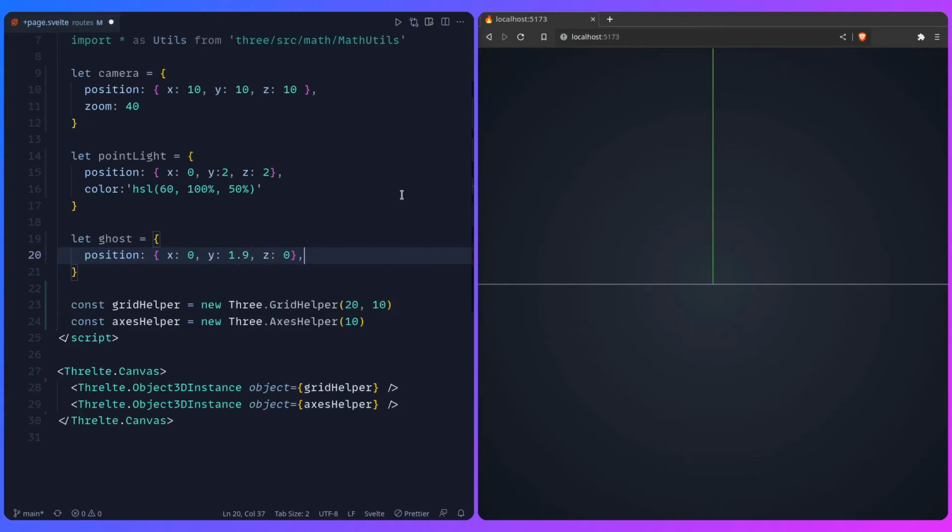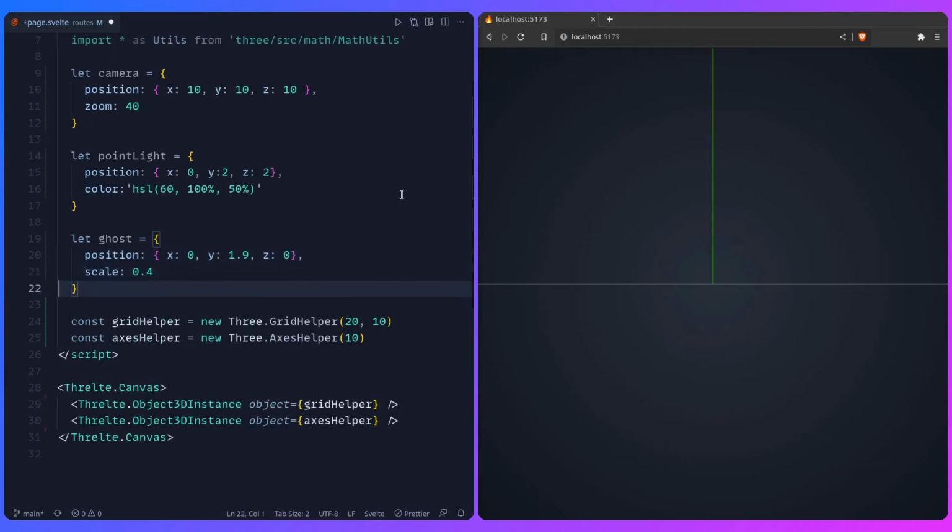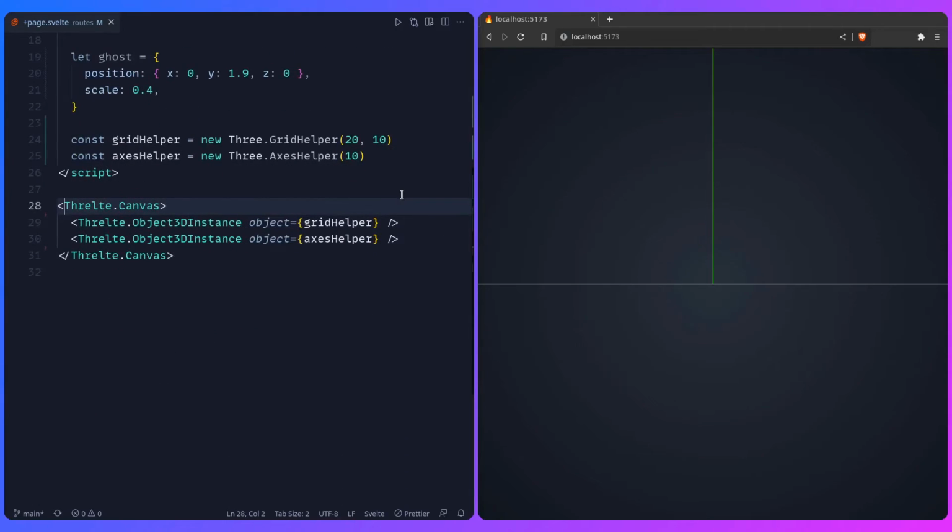But of course I already know this in advance because I've done it, right? And then we need to scale the ghost down, and that's basically all we need for the scene: a camera, a point light, and the ghost. Spooky. And I'm going to do one more thing, and you're going to often see this in tutorials where they